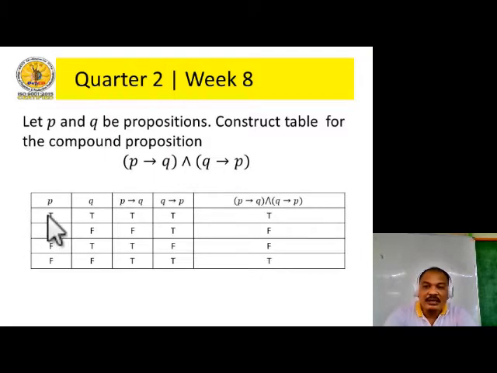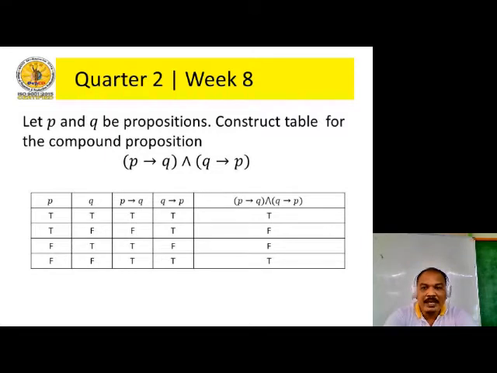And since we have 4 rows, for constructing the column of P, we divide the rows into true, true, false, false. So we divide into 2 equal parts: 2 true, 2 false. Then Q will alternate: true, false, true, false. Since P will be your hypothesis,